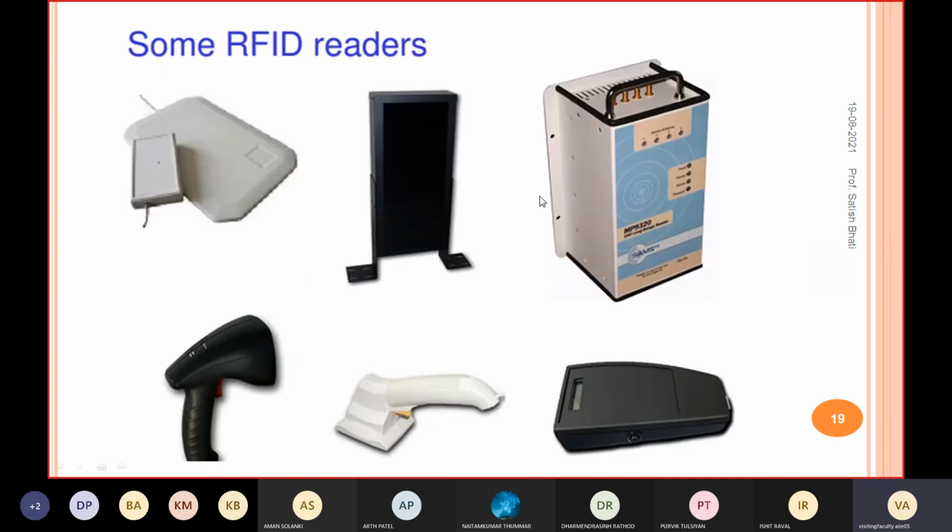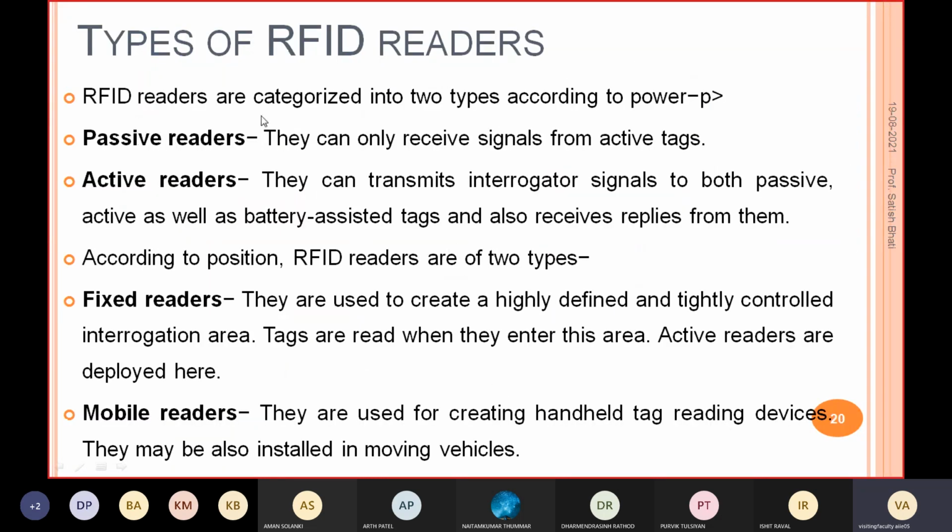There are some free readers available in the market. Readers can also be classified based on power into passive readers and active readers. Passive readers can only receive the signal from an active tag. So if your tag is active, some readers available in the market can only receive the signal.